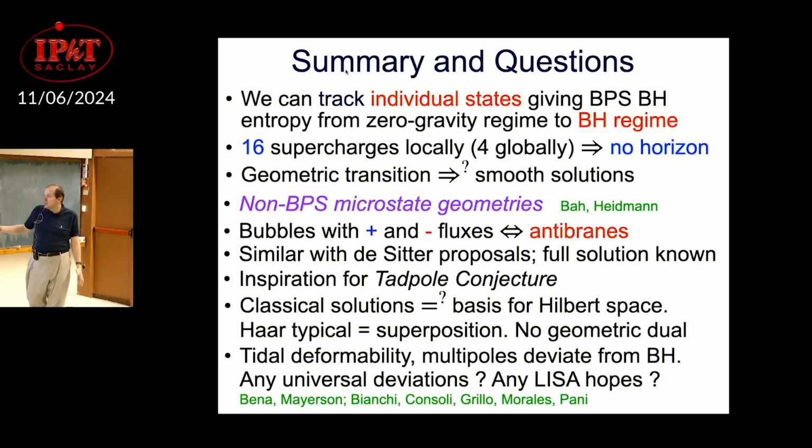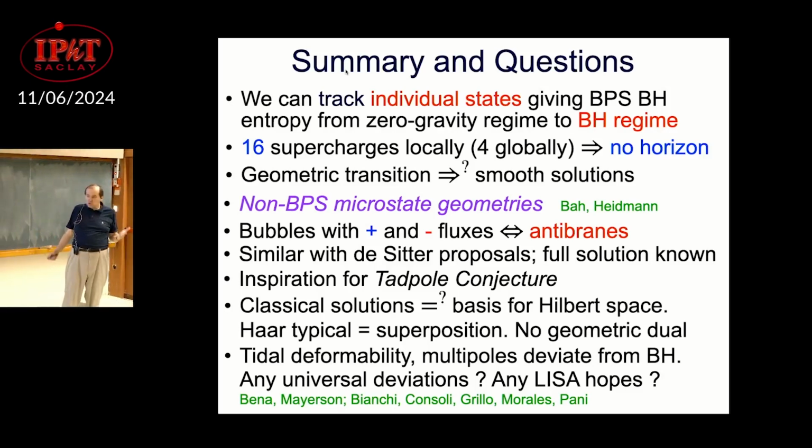And the question is, again, we have classical solutions. That's what we can build and we can trust. Those are going to be a basis of the Hilbert space. In the best of cases, there will be a basis spanning the Hilbert space. Maybe it will be an overcomplete basis. I think Roberto will be talking about some other arguments. You can get some other classical solutions which are going to be an overcomplete basis. My best hope is that maybe there will be a basis, but the typical states will be some superposition of those things.